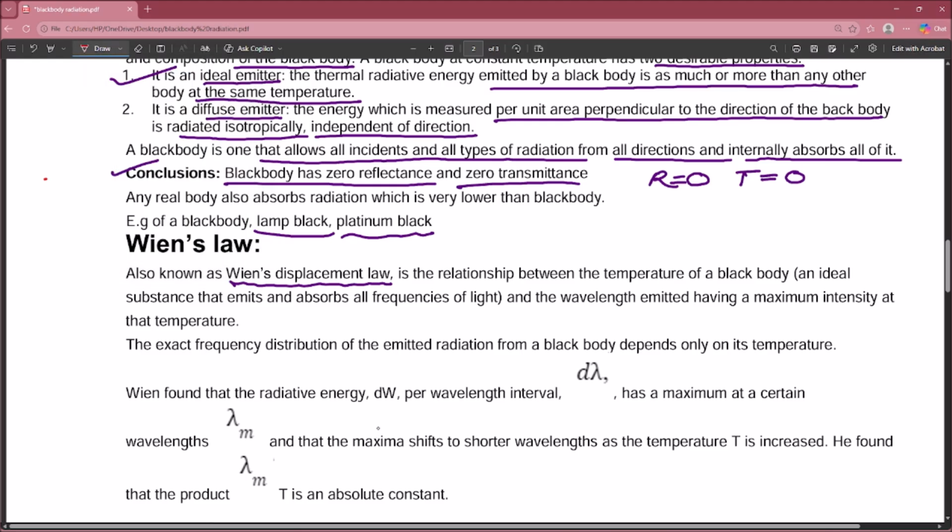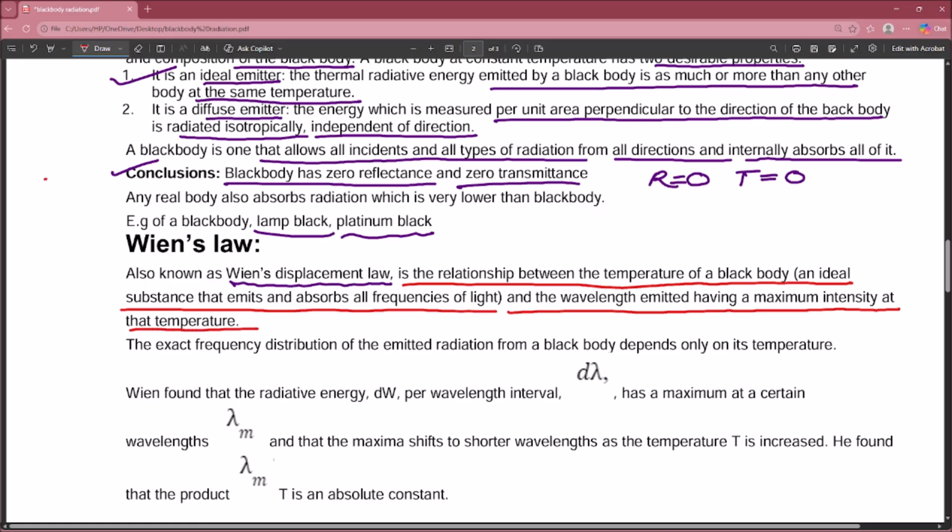So what is Wien's displacement law? It is the relationship between the temperature of the black body, an ideal substance that emits and absorbs all frequencies of light, and the wavelength at which the maximum intensity is emitted at that temperature. This law says that the exact frequency distribution of emitted radiation from a black body depends only on its temperature. Wien found that the radiated energy, dW